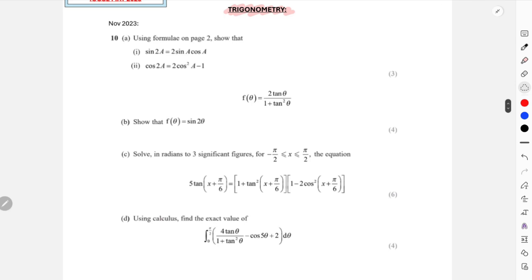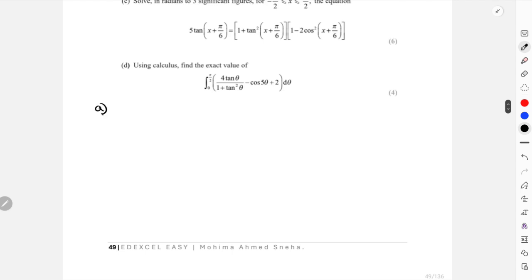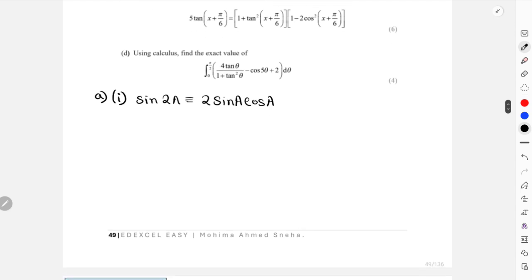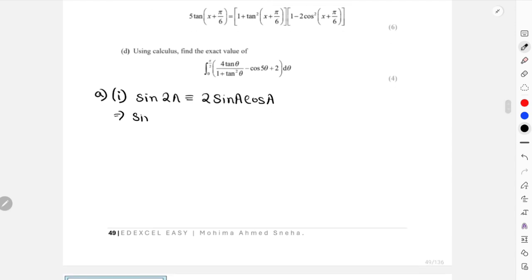Okay, now for this first one, it says show, using the formula on page 2, that sine 2a is equal to 2 sine a cos a. I took this from the question papers, but even without the help of that, we can do this. For part 1, we need to show sine 2a is equivalent to 2 sine a cos a, right? We can express this as sine a plus a, which will be broken down as